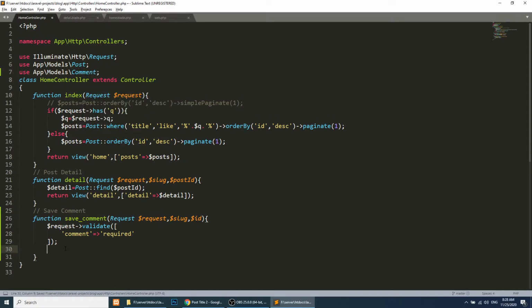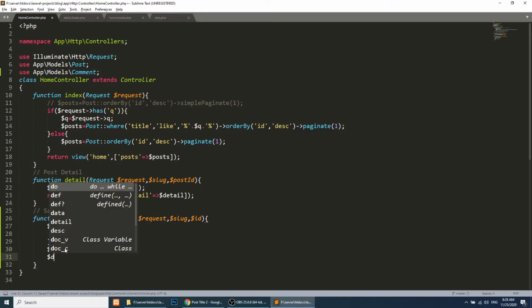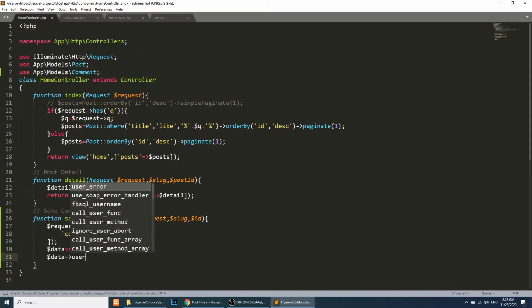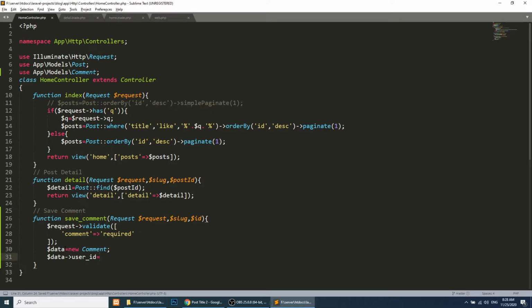Here we will create data as a new comment, and in the new comment we require user id. The user id comes from the request, because the authenticated user is in the request. Laravel creates a user session, and the user object is in this request object, so we are getting the user object from the request, and we need id.